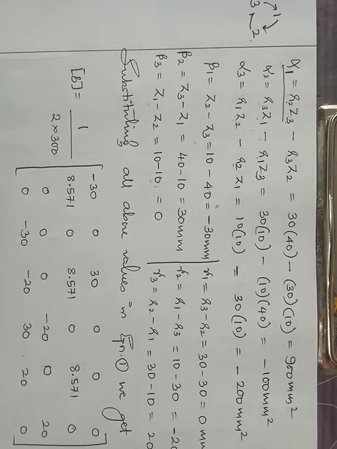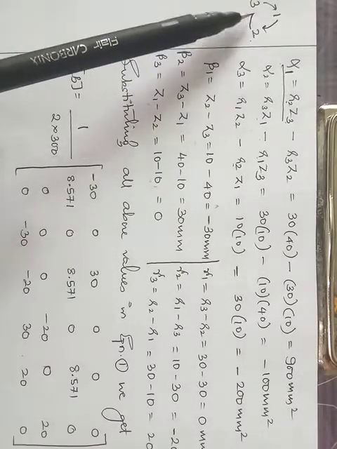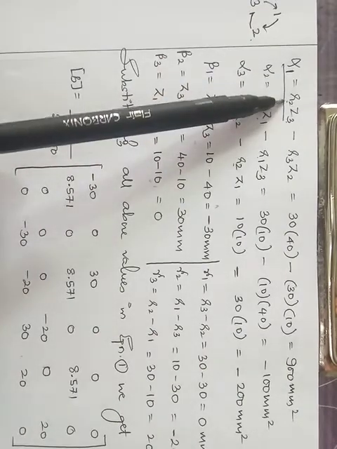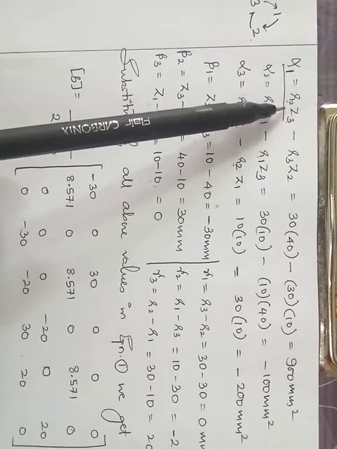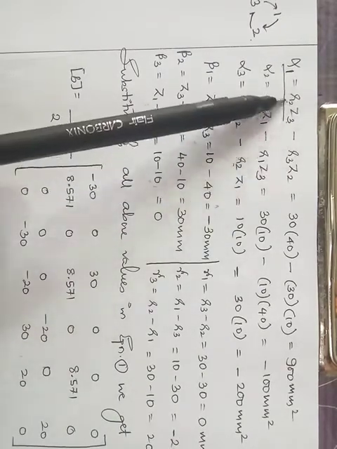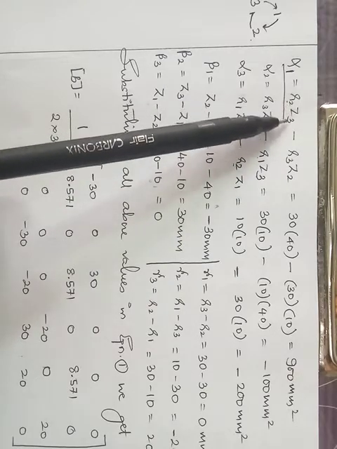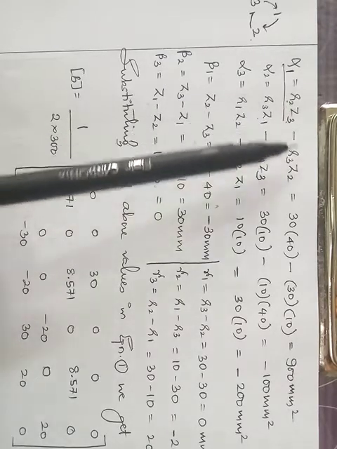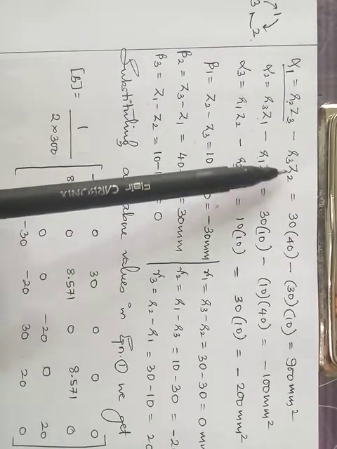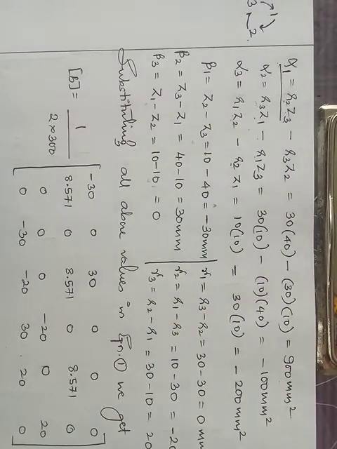The first term you need to remember and write in the correct order: you need to start with R and end with Z. So it goes in this cyclic manner. If you are going with alpha 1, the next two terms are 2 and 3, so it is R2 and Z3. For the second term, you put a negative sign, write the same R and Z values and swap these subscripts. Here Z was having 3, in the next term R should be having 3. Here R is having 2, in the next term Z should be having 2. So that is how we are going to go with that.